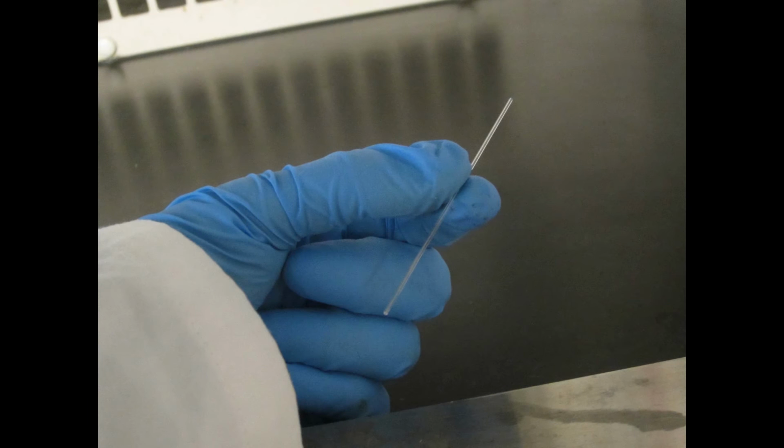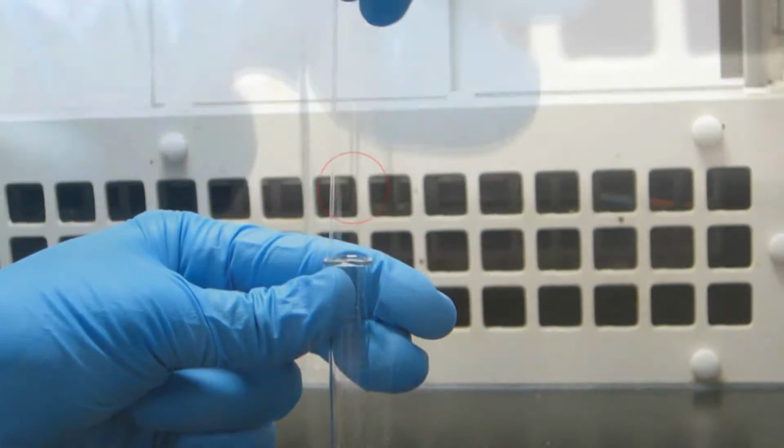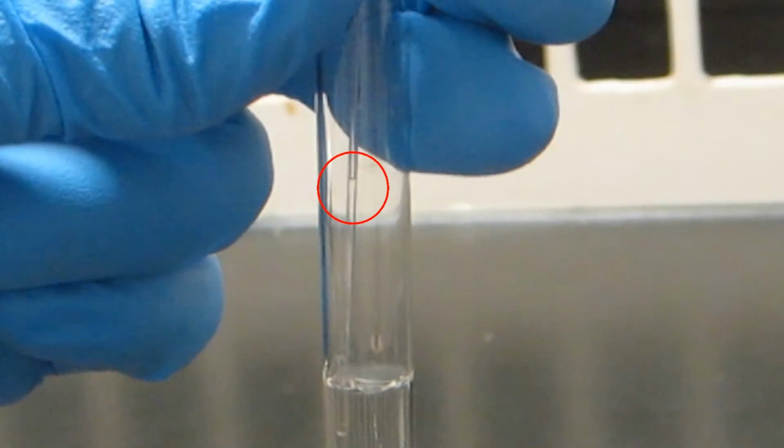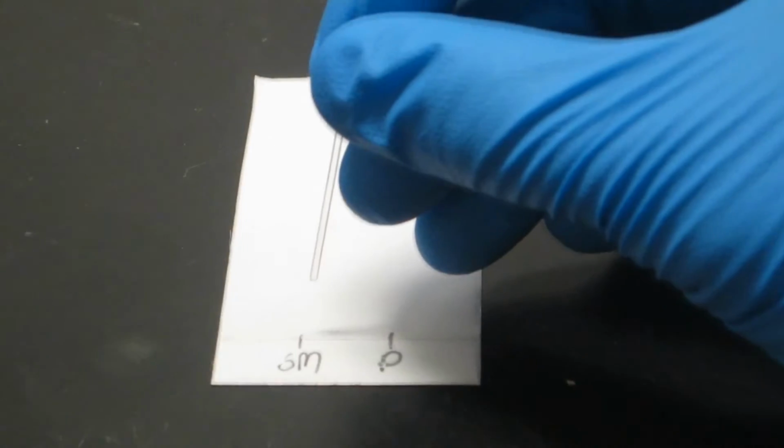A capillary spotter is a thin glass tube that is used to transfer a sample onto the TLC plate. Dip the capillary spotter into the diluted sample mixture. The solution should rise up the capillary. While holding the bottom of the spotter perpendicular to the plate, briefly touch the appropriate spot on the origin line. A spot of solution will form on the plate. Allow the solvent to evaporate and repeat the spot at the same location to build up a concentration of sample